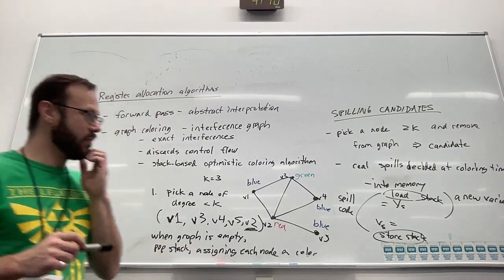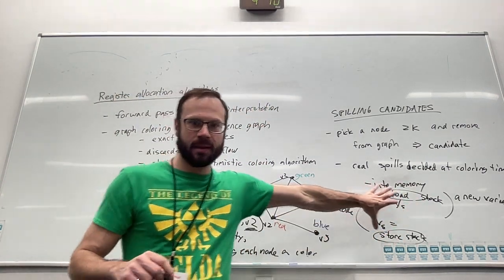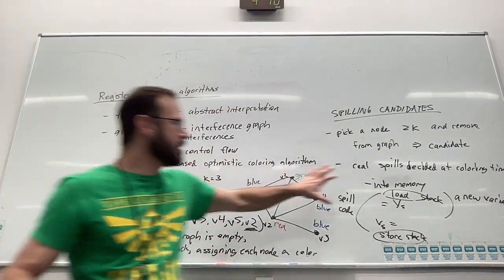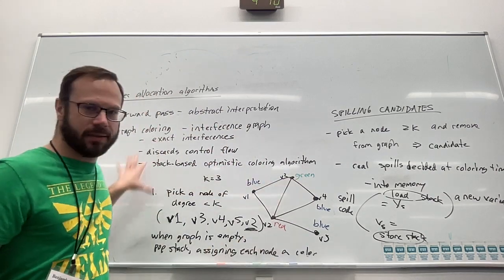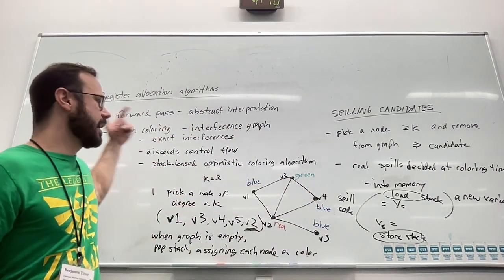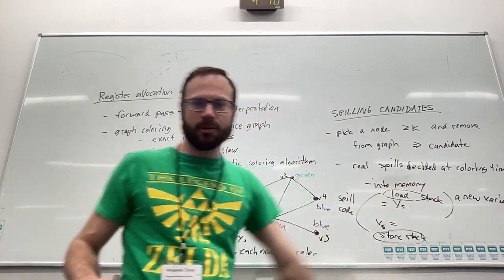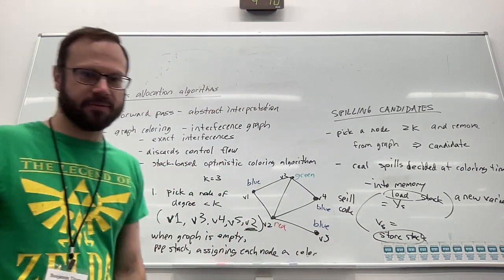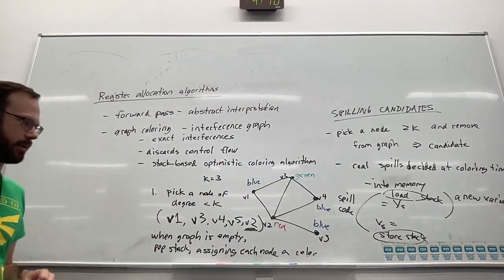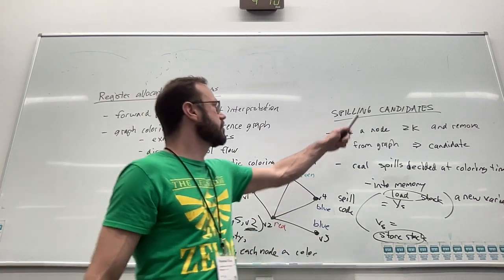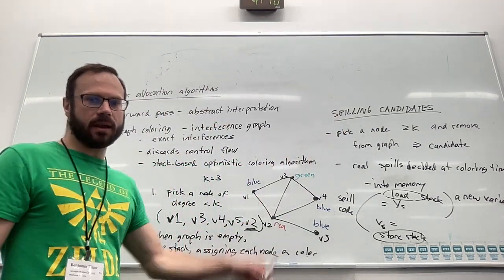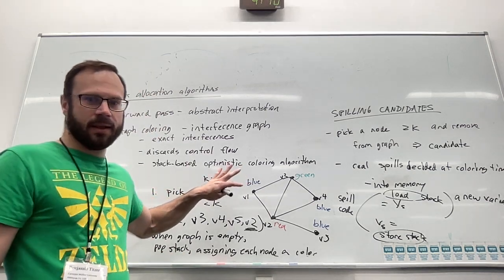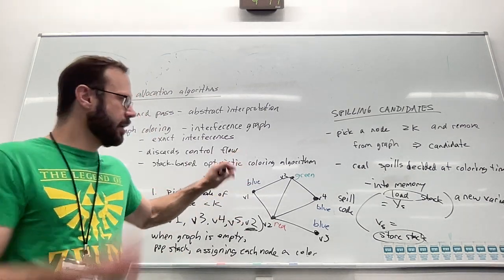So in reality, what we have to do is that this is really a new program. So spilling actually will restart the whole thing. We'll basically throw away all the stuff that we did, including the interference graph, and go back and rebuild it, because we have a program that has different liveness. It's effectively like a new program. And so this is actually the really expensive thing about graph coloring, and about all register allocators typically, that when you insert spilling code, you have to go back and recompute all the liveness. So we're going to talk about linear scan in a second. It doesn't necessarily have to do it that way, but